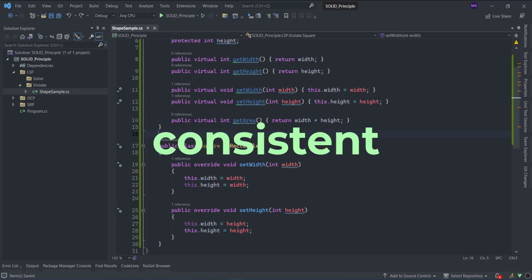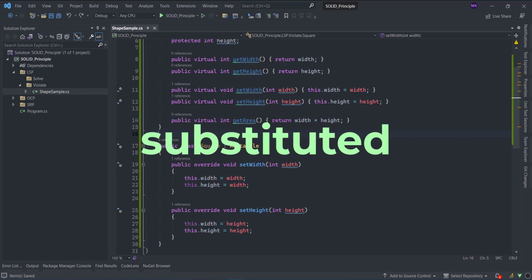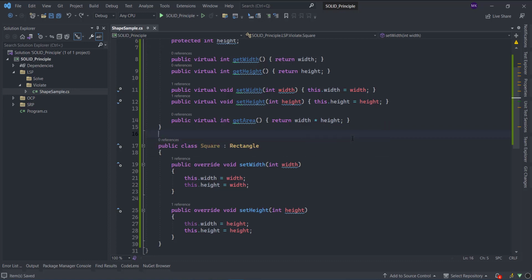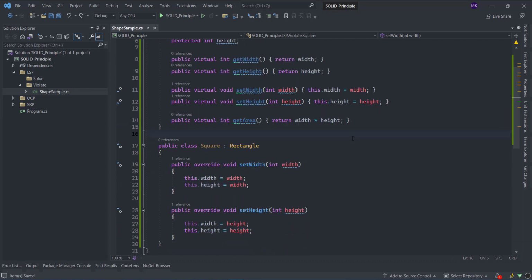Define clear and consistent interfaces for your base classes and derived classes. Make sure that derived classes can be substituted for their base classes without affecting the correctness of the program. Avoid using inheritance to change the behavior of a base class. Instead, use interfaces, abstract classes. One solution to this violation is to remove the inheritance relationship between the square and rectangle